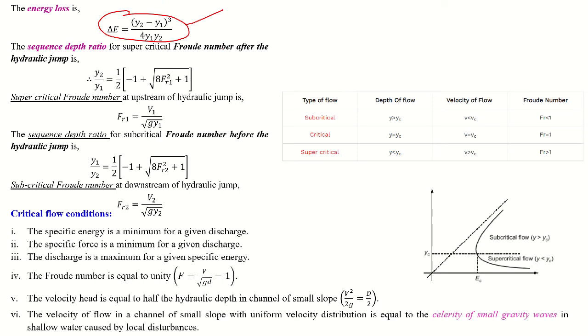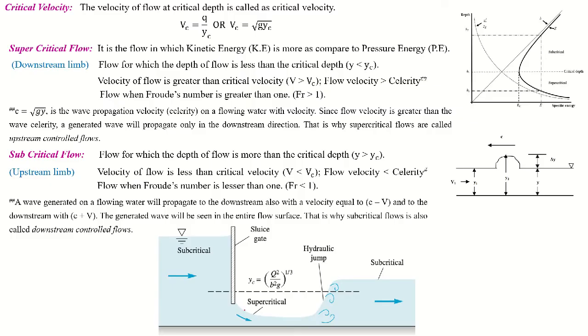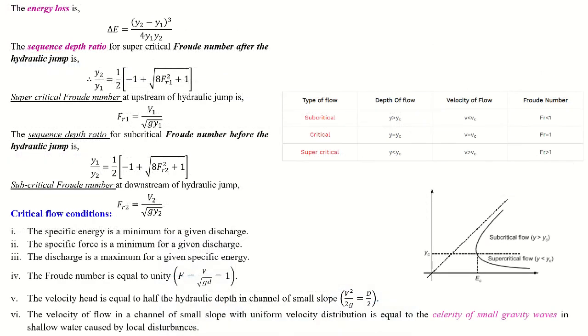Same thing we discussed in your hydraulic jump. If you see this diagram, depth y1 and this is the depth y2, the ratio of y2 by y1, that is your subcritical by supercritical depths. This is called your sequent depth ratio. This is case 1. Again, now y1 by y2, so we can write y1 by y2, supercritical to subcritical. These are the two sequent depth ratios we can write. That's the same thing written here.